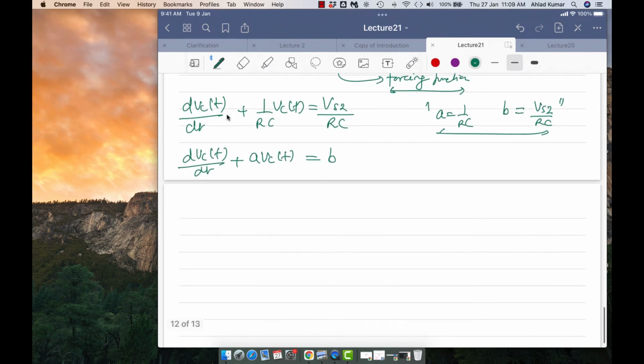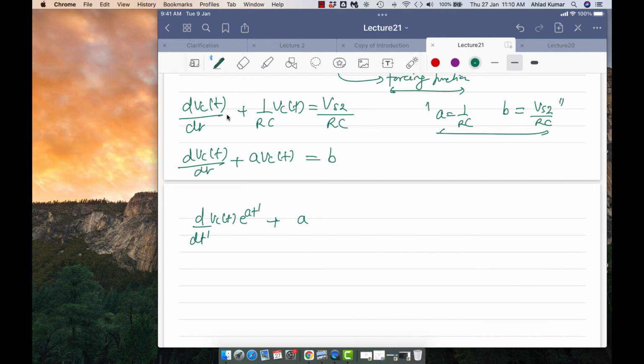And now we will apply that same trick which we were doing earlier, that is replacing t by t prime and multiplying both the sides by the exponential e to the power A t prime. The one which we had done earlier, same thing now we will do again. So it is d by dt prime of Vc(t prime) e^(At prime) plus